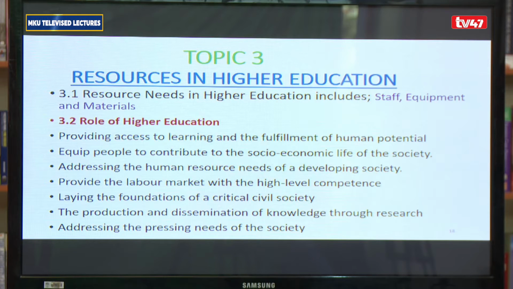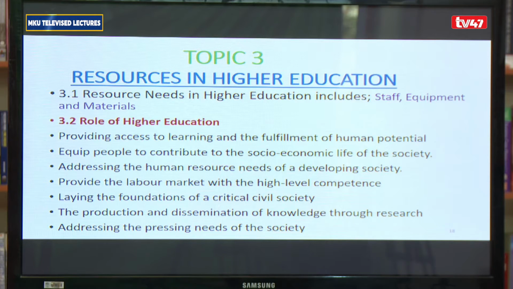The role of higher education, and this one, as I have said, is another thing that I always talk about when I talk about resources, and this is very important to me, what I refer to as the front office. The front office is such a resource, because when you think about the front office, the first person you meet once you go in is the front office. How well are they doing to make sure that the management of the university is effective?